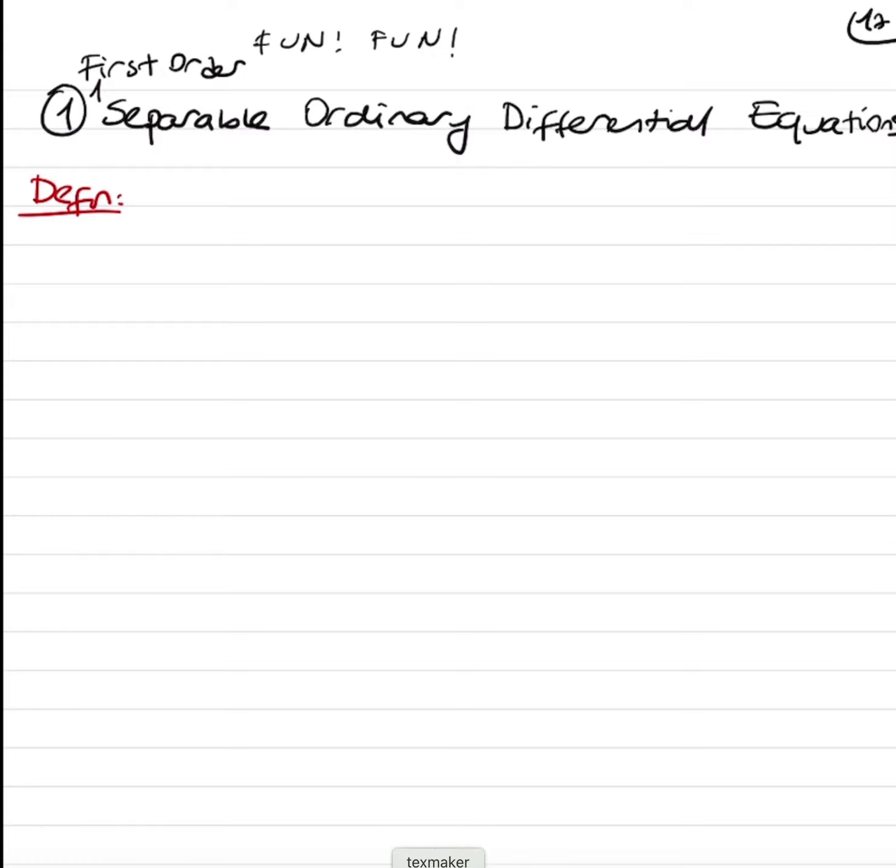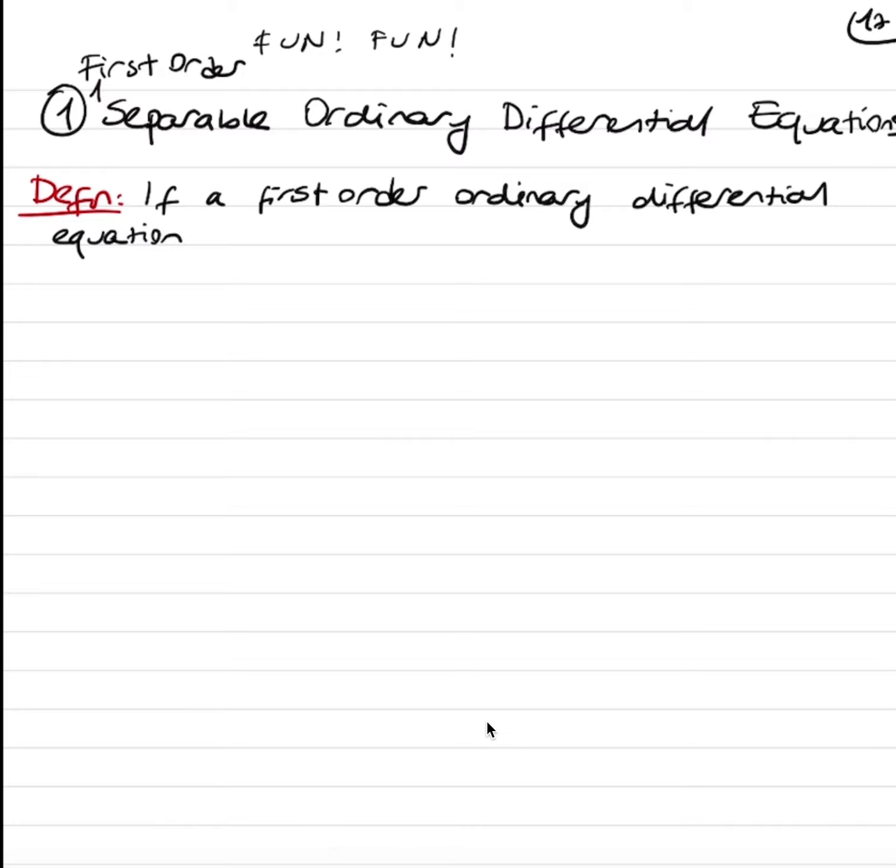So if a first order ordinary differential equation is given as dy over dx equal to f of x, y, and it can be written in the form